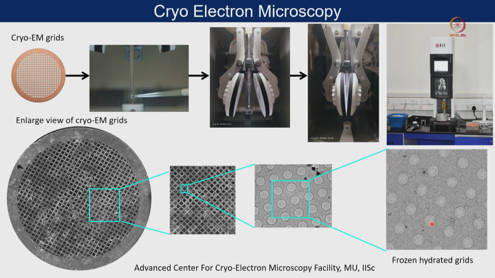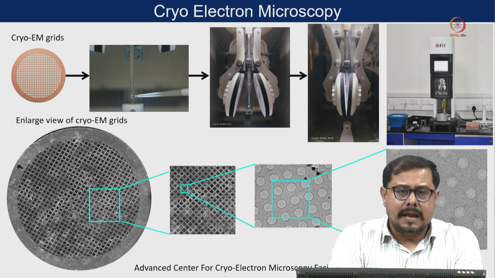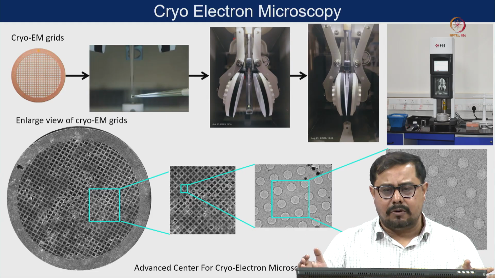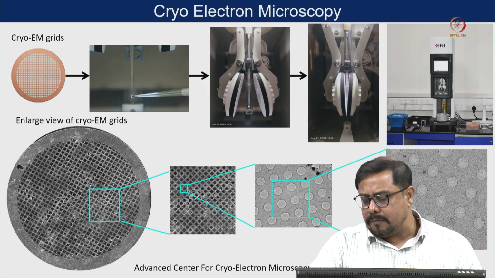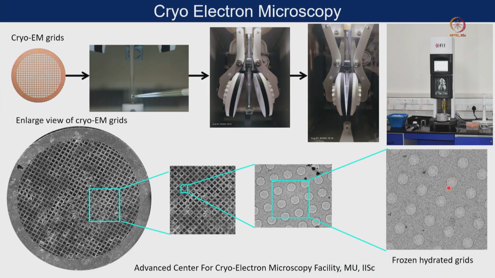This cryo grid is generally stored in liquid nitrogen 24/7. It should not come out of the liquid nitrogen, because if it is exposed to normal air and temperature, this amorphous ice will melt immediately, and that will damage the sample quality and form cubic ice or crystalline ice. That is the reason we have to maintain the temperature below -175 all the time when we freeze the sample, and we try to keep that temperature.